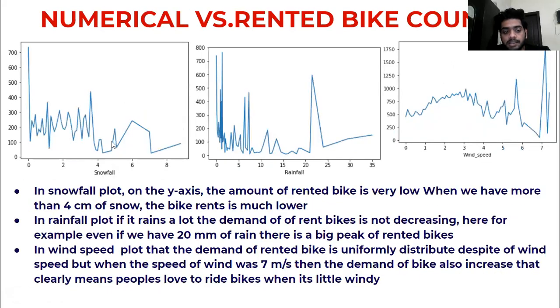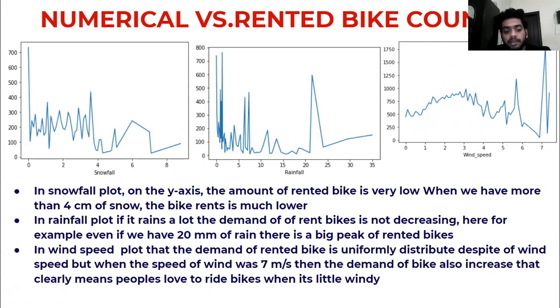And in our next plot, that is snowfall, on the y-axis the amount of rented bikes is very low. When we have more than 4 centimeters of snow, the bike rents are much lower. In the rainfall plot, if it rains a lot, the demand for rented bikes is not decreasing.